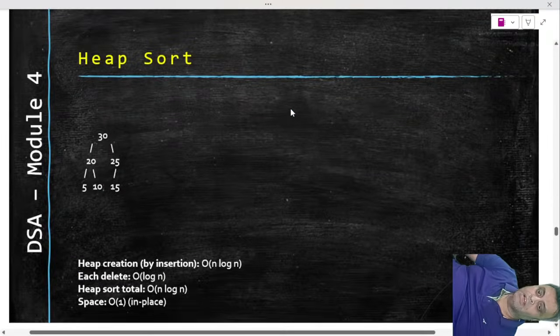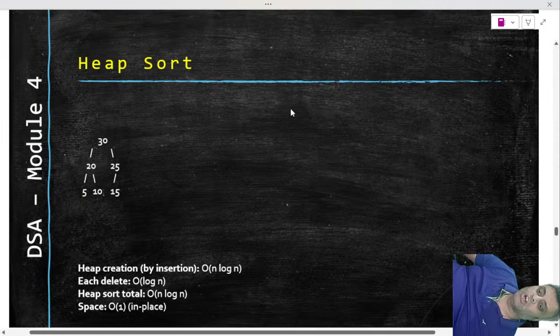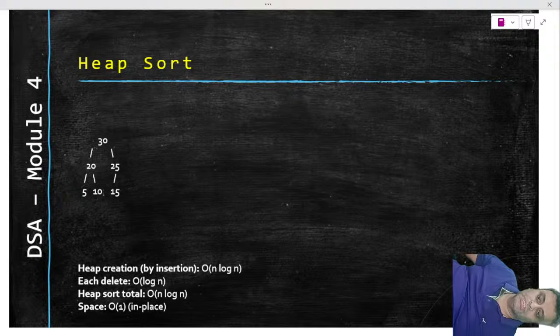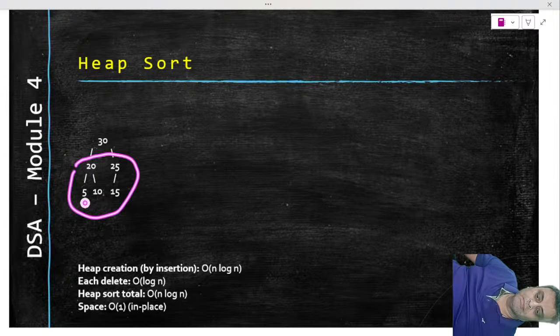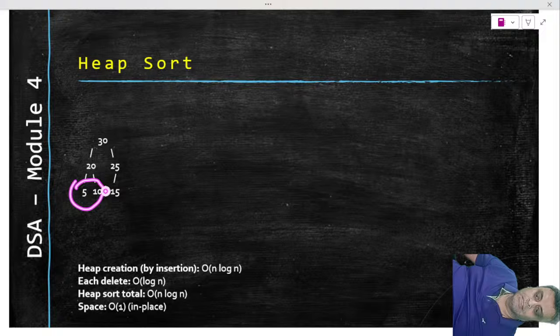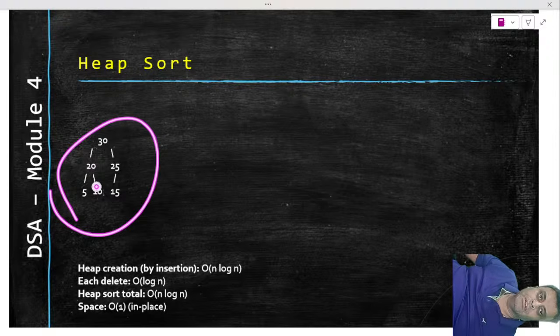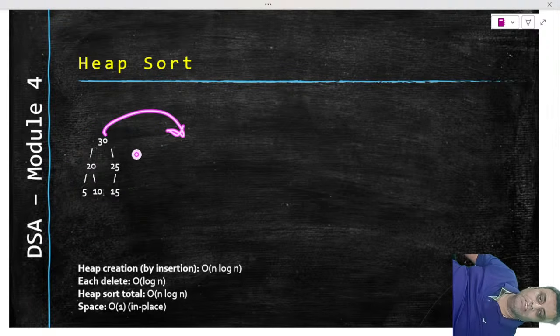And now we come to the actual topic, which is heap sort. So now that we have built the heap, how do we sort this heap? Sorting this heap is easy because this heap has been carefully built. What is carefully built? Entire this thing is less, entire this thing is less, entire this thing is less. So there is an arrangement of ascending or descending inside this tree itself. If we can tactfully take out the elements, we can create a sorted list from this particular tree.